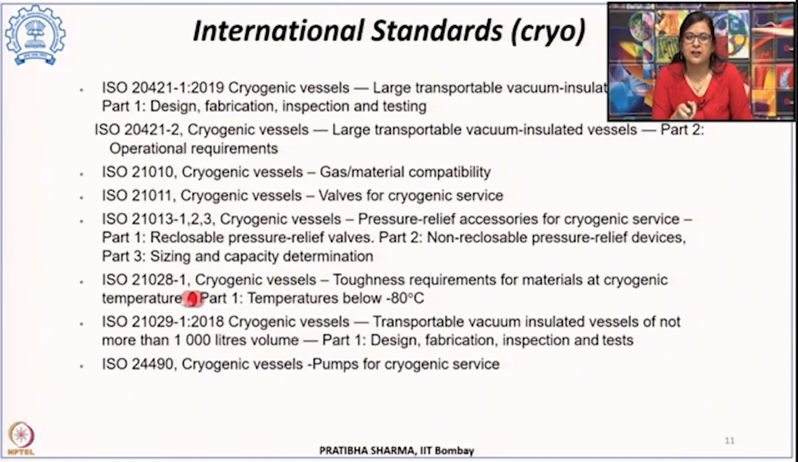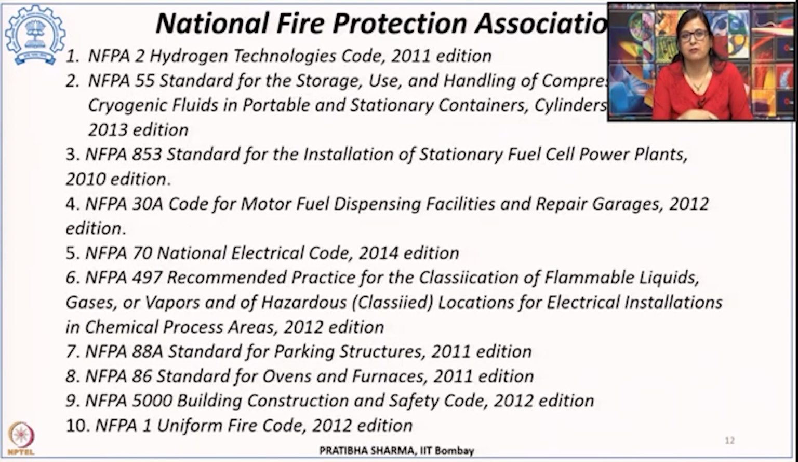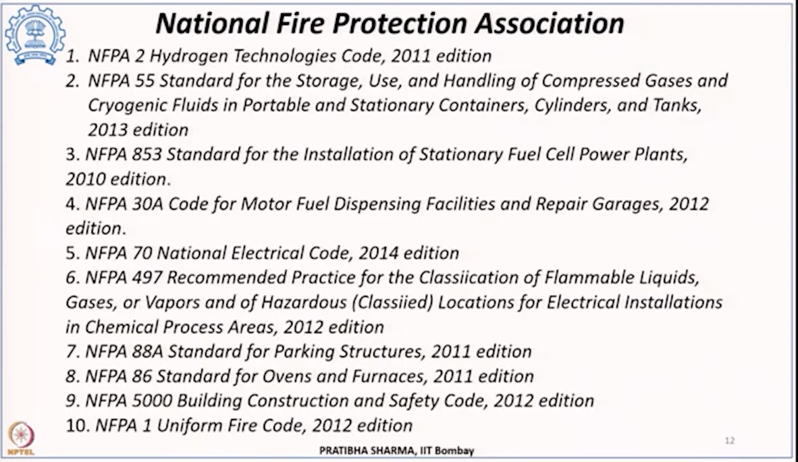For cryogenic vessels, the international standard ISO 21028 covers the toughness requirement for materials at cryogenic temperature. It has a part 1 which covers below minus 80 degree centigrade. Then ISO 21029 is about cryogenic vessels, including transportable vacuum insulated vessels of less than 1000 liters volume. Its part 1 covers the design, fabrication, inspection and testing, and ISO 24490 is about the pumps used for cryogenic service. Then there are National Fire Protection Association codes,